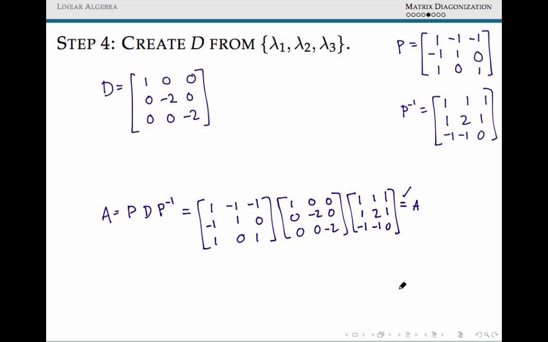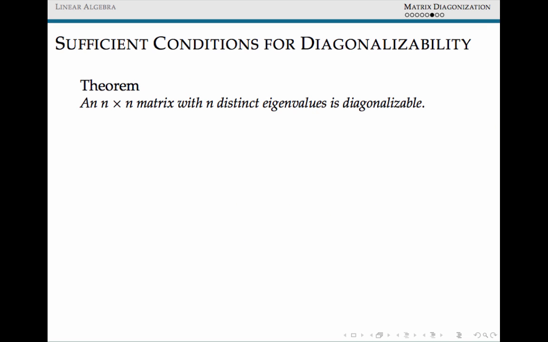So I'll leave this for you guys to verify, and we'll actually do another example using MATLAB code, but in Octave, in just a moment. So one nice property that comes out of the construction we used is a theorem that gives us a sufficient condition, but not necessary, for diagonalizability. So a sufficient condition is if your matrix has a characteristic polynomial of the form